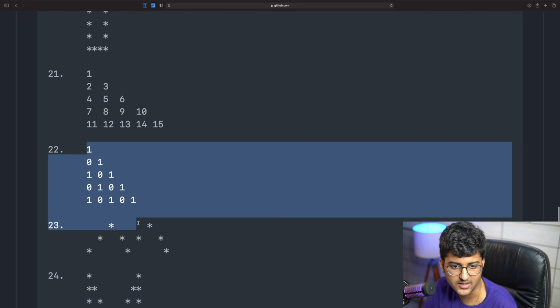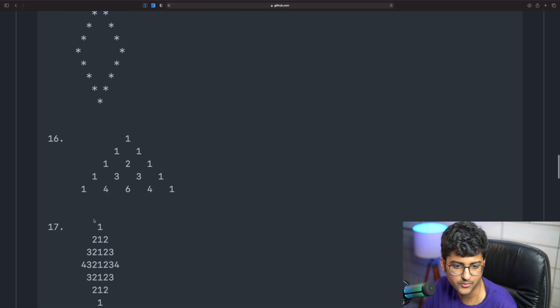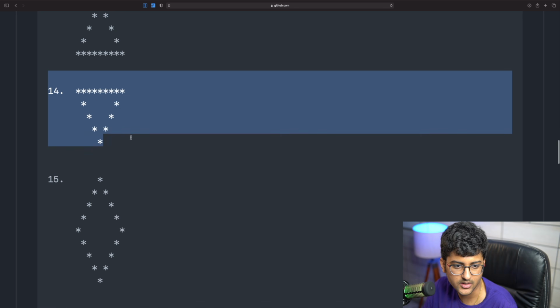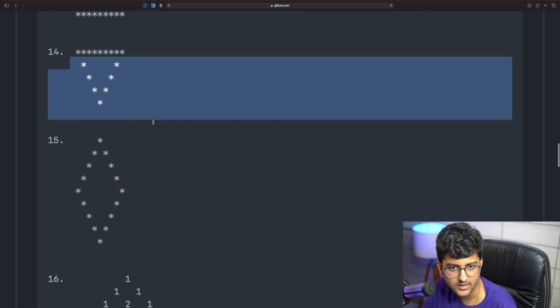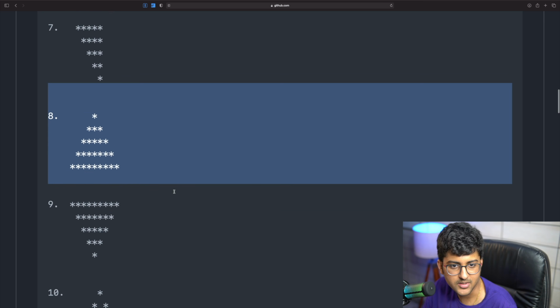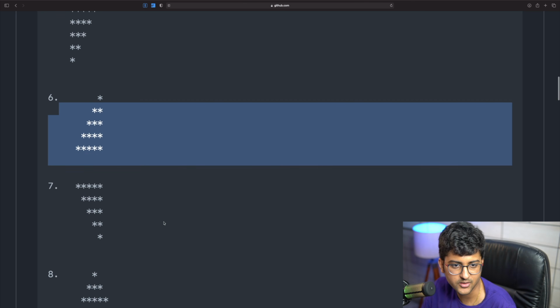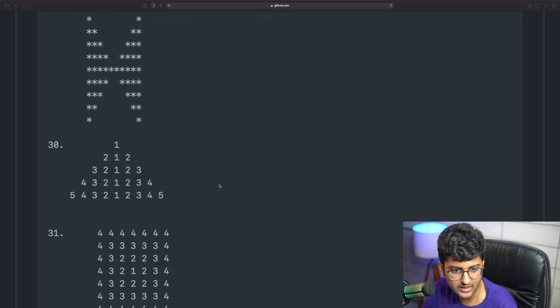Now you can make the above ones as well. You can make this one, this one, this one. You can make this rhombus space one, whatever. You can make this one, this one, this one if you want. I can help you out with this one, no problem. So many patterns you can make on your own. It does not really make sense for me to do it again and again. Okay, let's try to see some other pattern if you want.